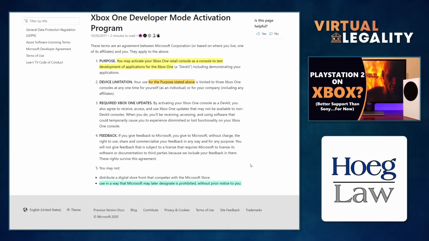And you may not use it in a way that Microsoft may later designate as prohibited without prior notice to you. Said another way, they don't have to give you notice. Microsoft can put up an email tomorrow or today that says, oh, wow, no, emulators aren't allowed. We don't want GameCube games. We don't want PlayStation games on our system. But Microsoft does have the ability to play those games right now on their Xbox, and it's